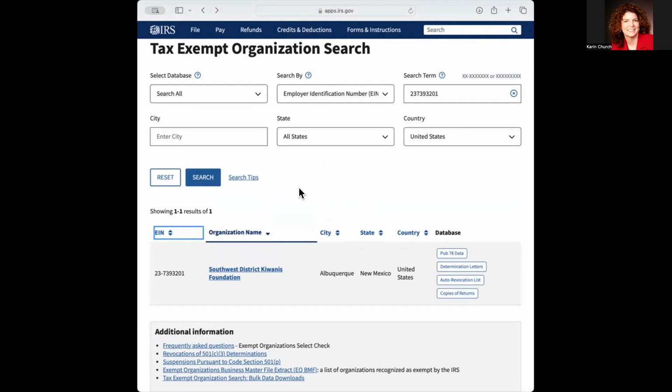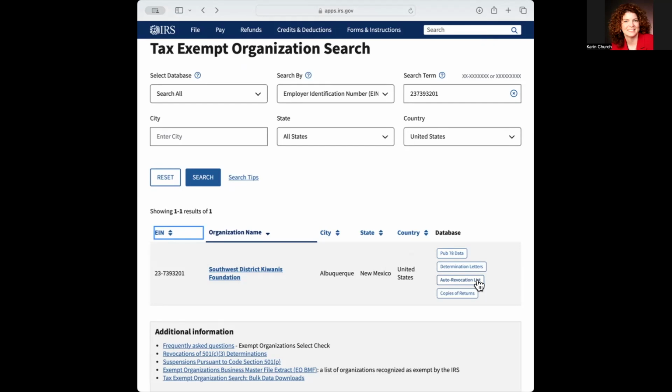Your individual subsidiaries, if you come up with an auto revocation when you do your search, again, you need to determine, why were we auto revoked? Were we revoked because of something that happened with the foundation, or were we revoked because we did something wrong? And I've given in this video 2 club foundation searches where the clubs continued to file their 990s even during the period in which the Southwest District Kiwanis Foundation was having issues,